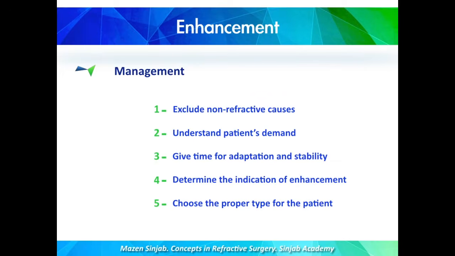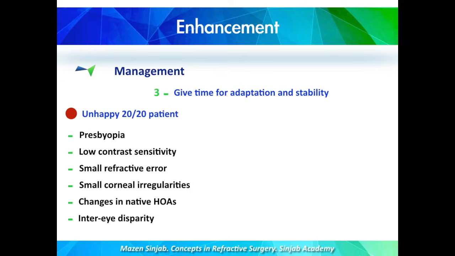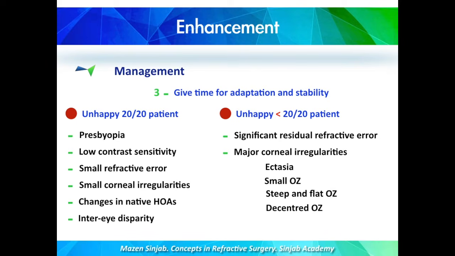Then we have to give time for adaptation and stability. If the patient is unhappy 20/20 patient because of presbyopia, low contrast sensitivity, small refractive error, small corneal irregularities, changes in native high-order aberrations or inter-eye disparity, or when the patient is unhappy less than 20/20 patient because of significant residual refractive error or major corneal irregularities, in these cases, we have to give at least 6 months of adaptation,